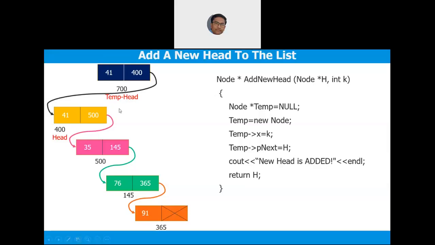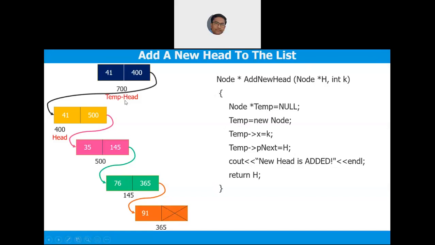Let us assume h, which is an alias of head, whose address is 400, has this list with 41, 35, 76, 91. Now I want to add a new head just before head. That means I have to change head. So now you take a temporary node star temp is null, create a temp. Let us assume it is 700 in this case.